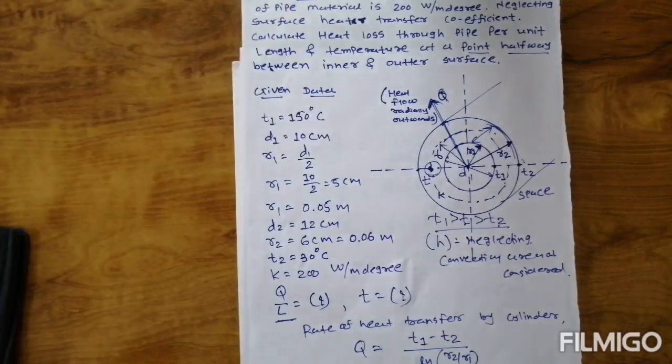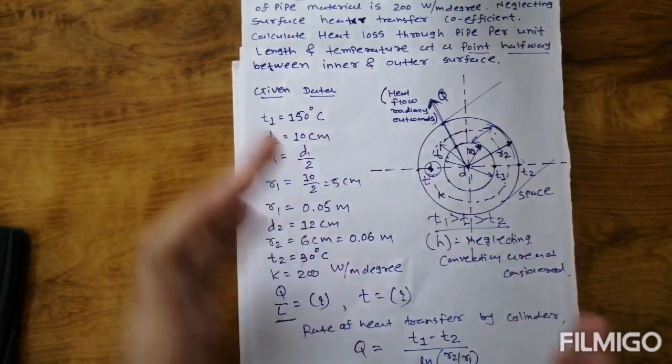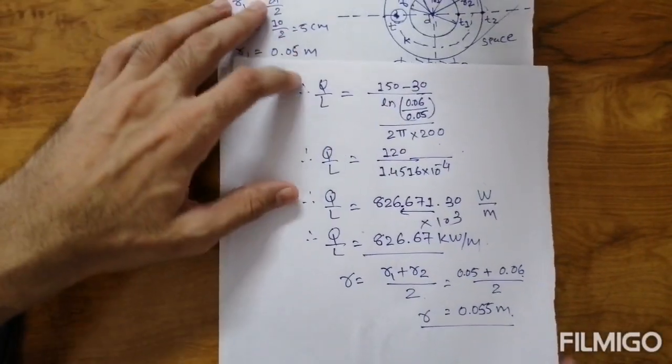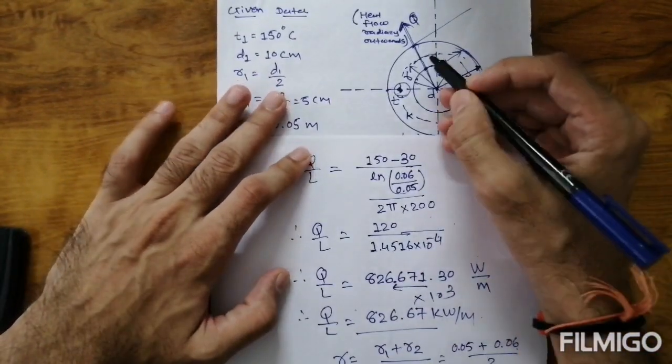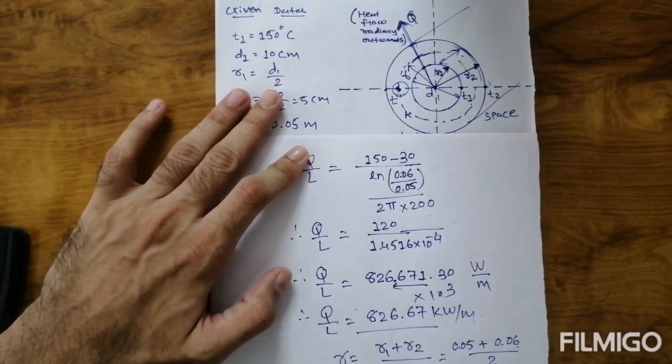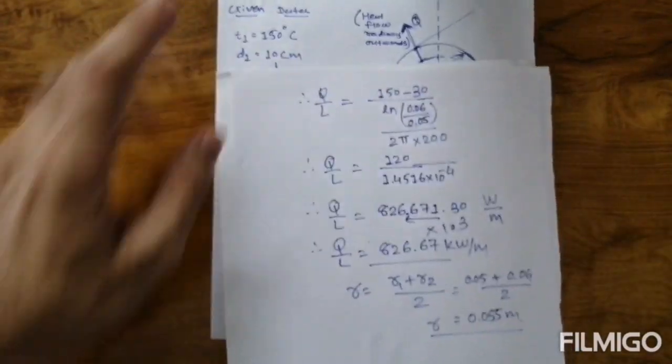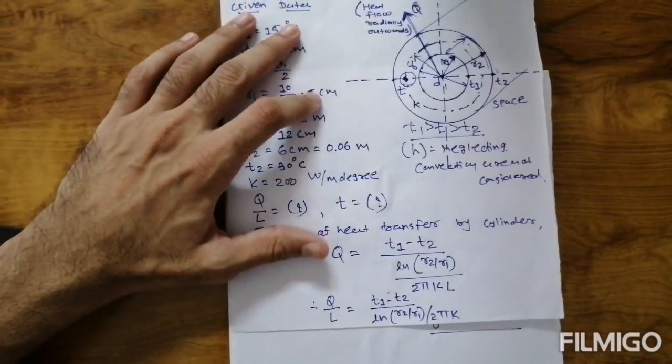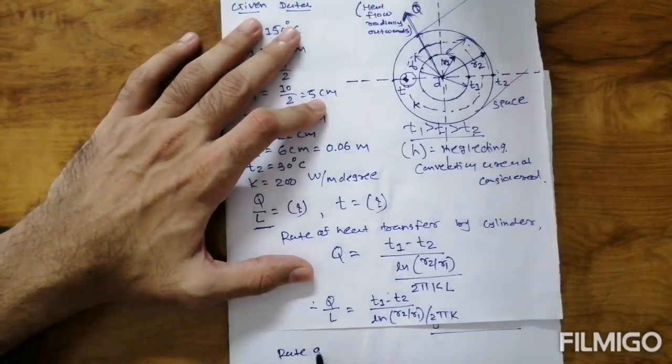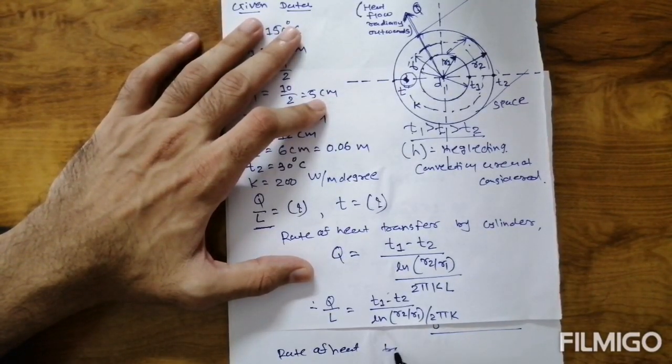So now how many equations do we have? We can find out the value of T. Normally a composite wall would be considered, but here we cannot consider a composite wall. We just consider individual layers. So how will individual layers be considered? You can see here what our equation will be now. Already I told you, we are just finding the interface temperature. So how many equations do we have? We have two equations for that interface temperature. First of all, we consider the rate of heat transfer, so we consider Q by L.